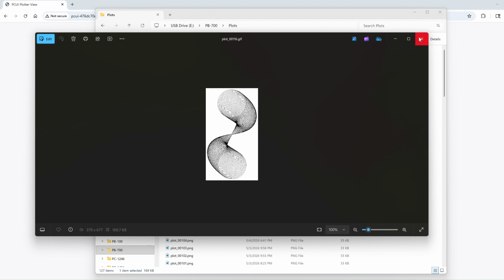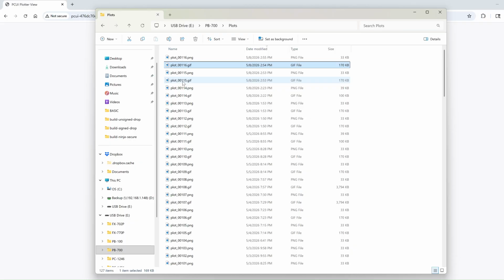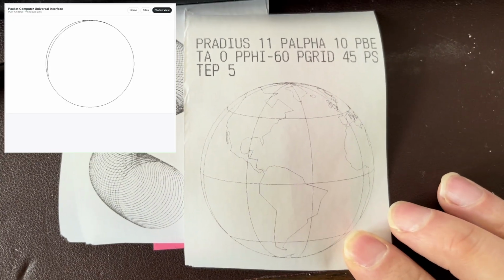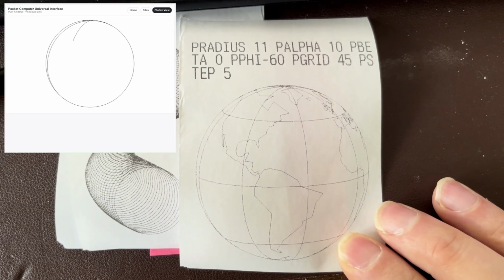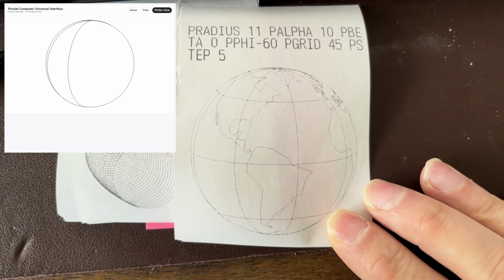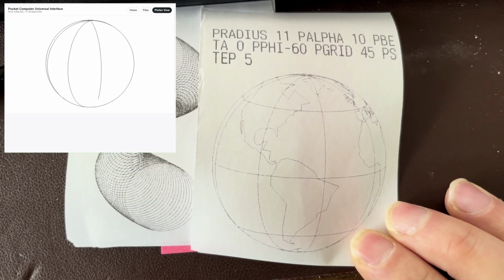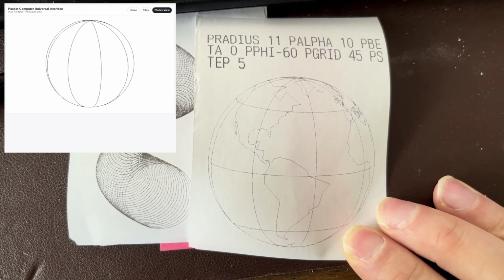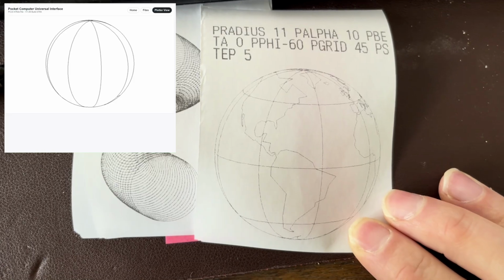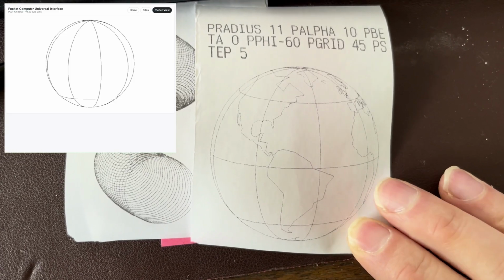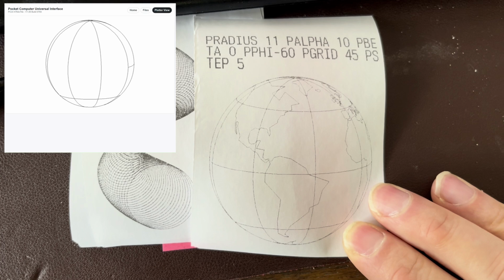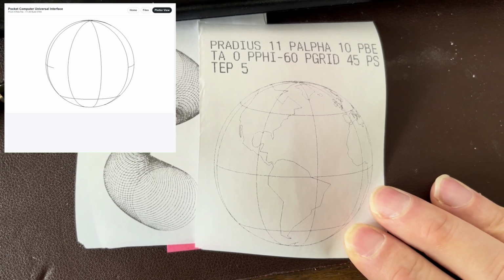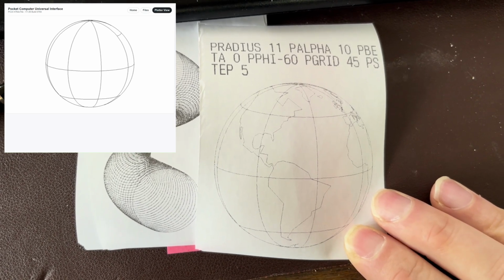And that is most useful for some of the longer plotting examples. So the example that comes to mind immediately is the Globe program, which I'll put a fast sped up version of that video, because this particular plot takes about 25 or 30 minutes to draw out. Both the Casio, the actual plotter, takes a while as well. So it's not that the PCUI is slow. It just, there's a lot of lines and curves and things like that to draw this,